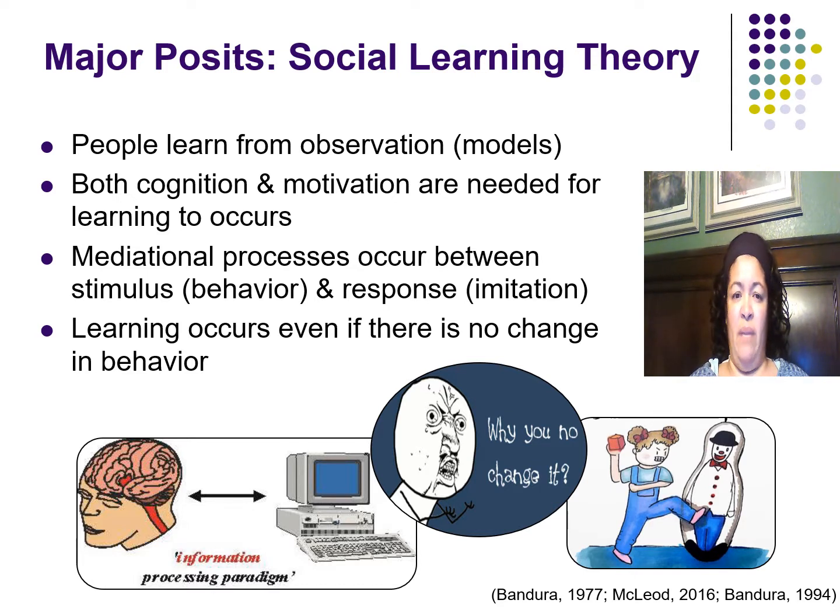These ideas were mainly based off his famous 1961 and 1963 Bobo experiment. In this experiment, if some of you may recall, Bandura had some children observe the behavior of some adults and determine if the child was going to imitate it based on whether the person was punished or not punished. And that's where his social cognitive theory comes from. This video can be watched on YouTube.